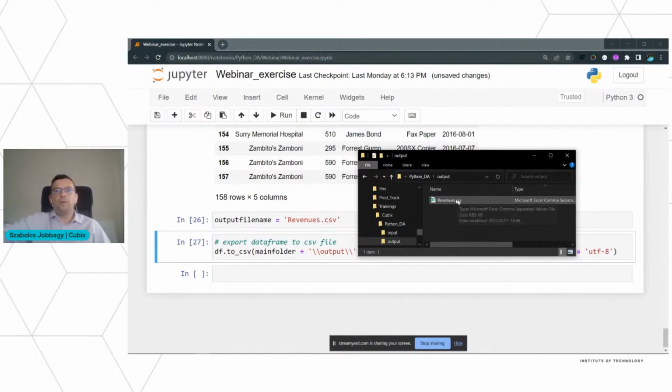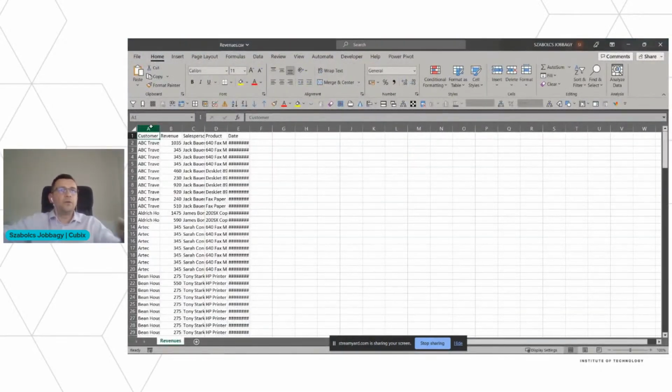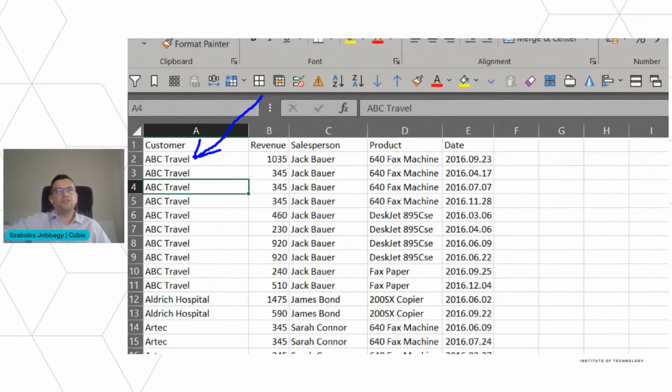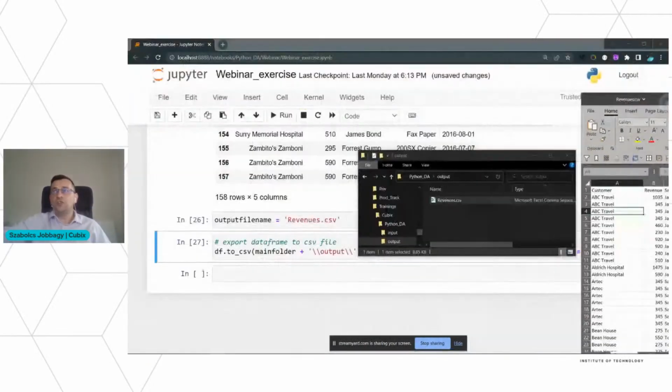If I open this CSV, the revenues, then you can see that the data are cleaned. The customer is cleaned, the salesperson is cleaned, the product and the date are cleaned. So this is cool. And anytime the source changes,